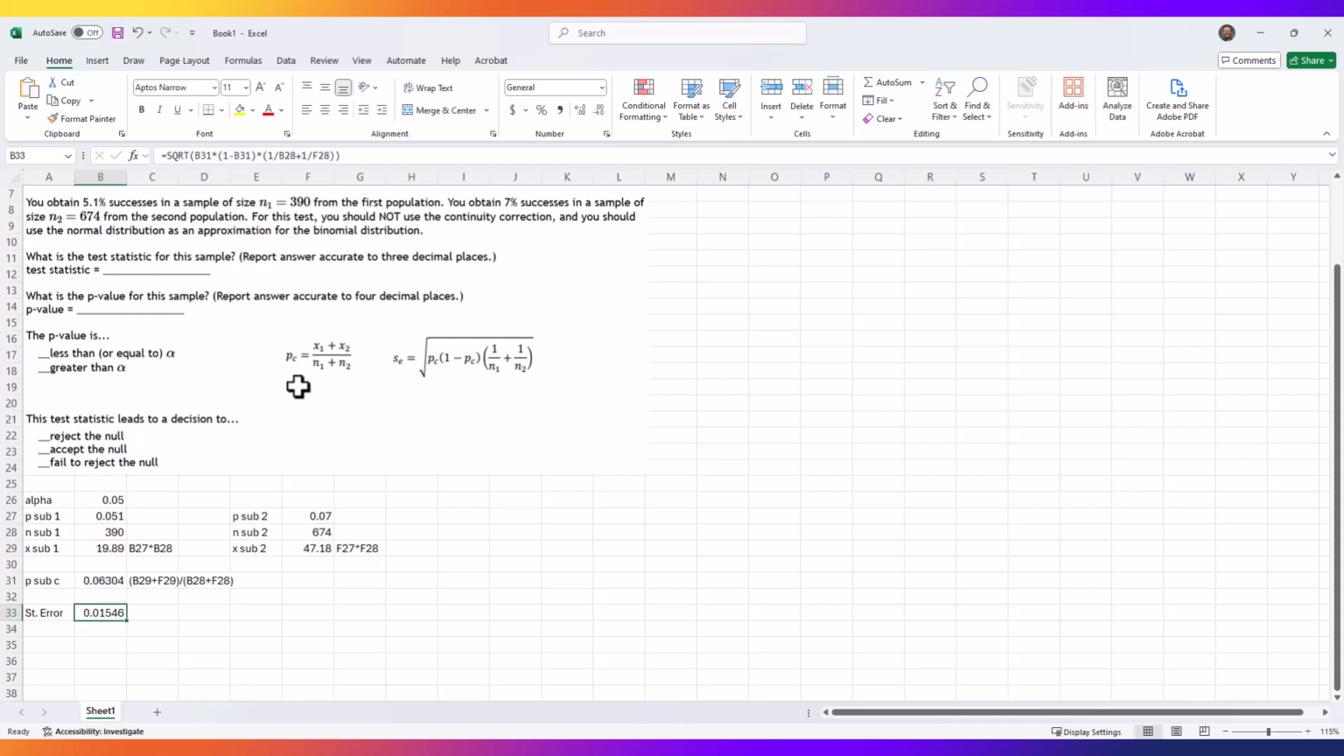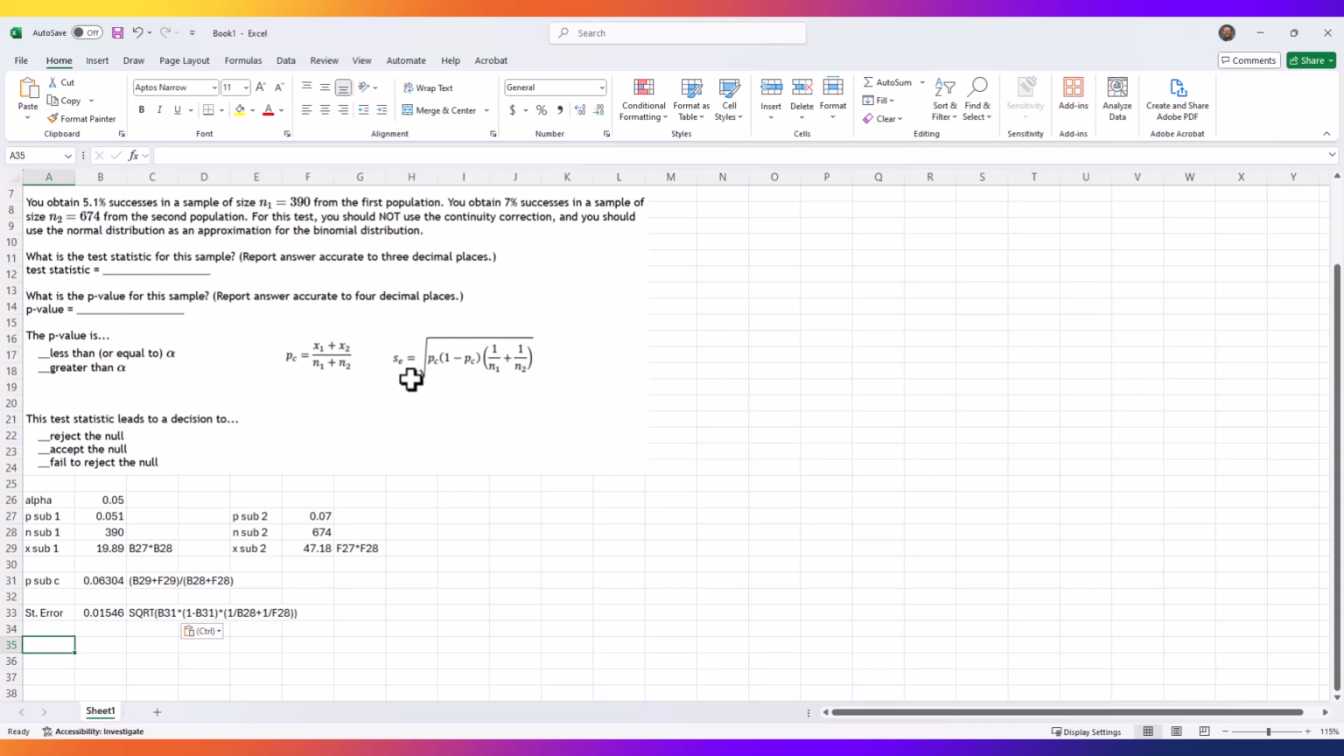If you have some trouble with this part and you get a reference error, it means you did something that Excel doesn't understand, like maybe there wasn't a multiplication there or something of that nature. So from here,